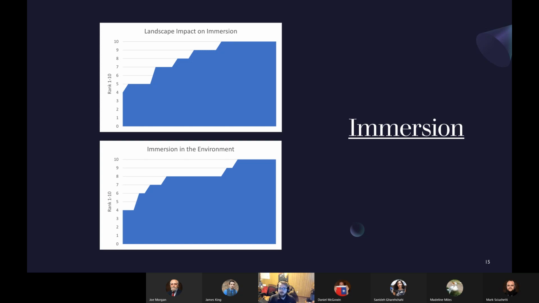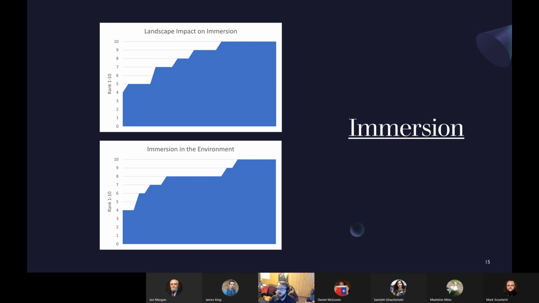So the first graph up on top shows the landscape's impact on participants. I asked my participants to rank on a scale from 1 being poor to 10 being excellent how the video game environment impacted their immersion. So the diversity of the landscape, including but not limited to the topography, vegetation, and fauna, allows players to fully immerse themselves in the world due to similar characteristics in the real world.